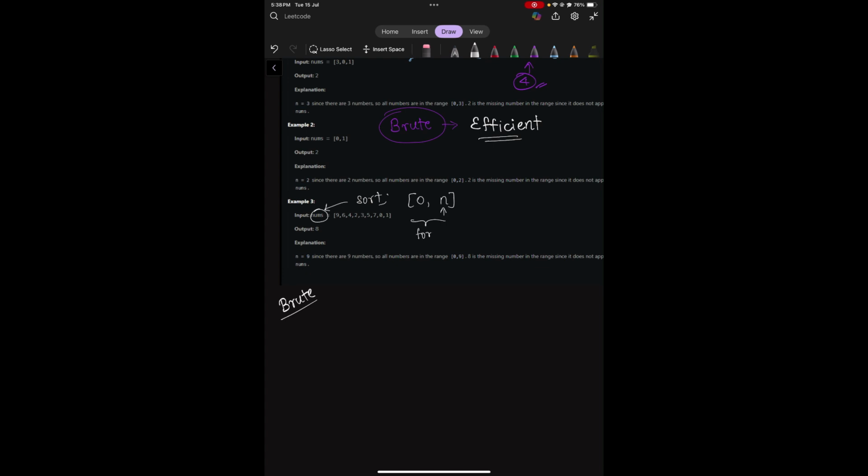As soon as we find an element i in this range that does not exist in this sorted array, we return this i. So the code would be something like sort nums